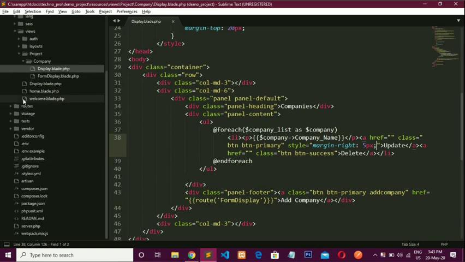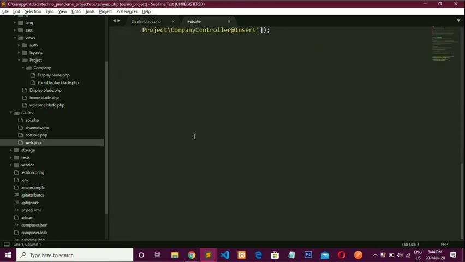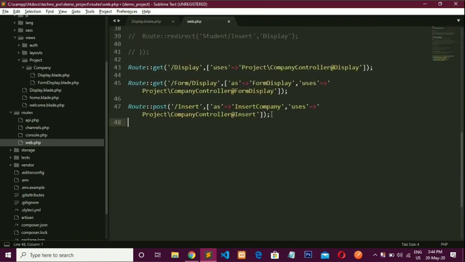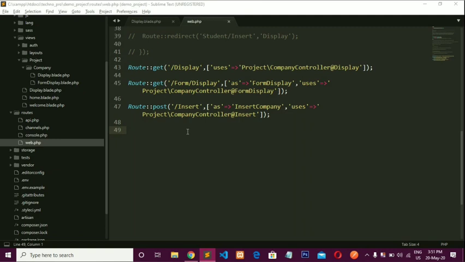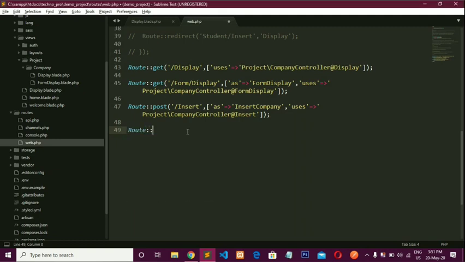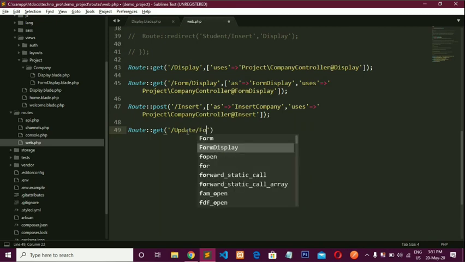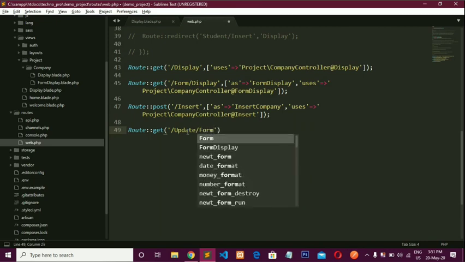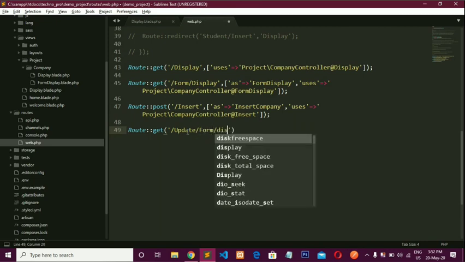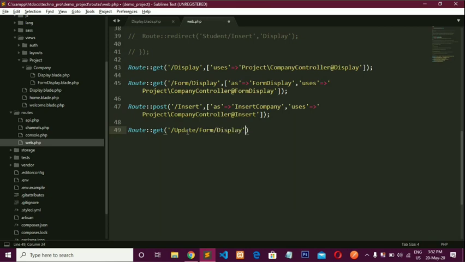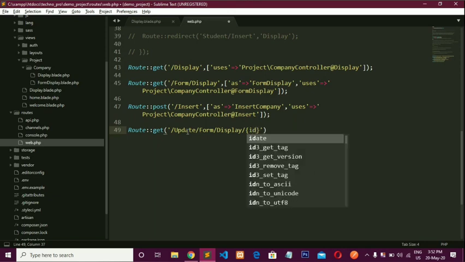Go to the web.php file and write a route here, Route::get, update slash form slash display, and here you have to pass one required parameter which is id.